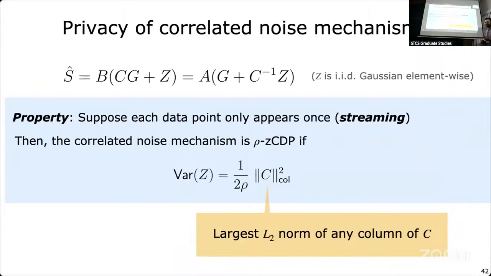So there is no unique decomposition. Which one do you choose? It's our choice. We can choose any invertible lower triangular C that gives you a B, and then you use that. Now I have to scale my noise accordingly. But then how do I choose the C? It's to minimize the surrogate. A is fixed. It comes from our optimizer. So the choice of C plays a role in the variance of the noise. This C column norm is basically the largest L2 norm of any column of C. So that scales the noise variance.